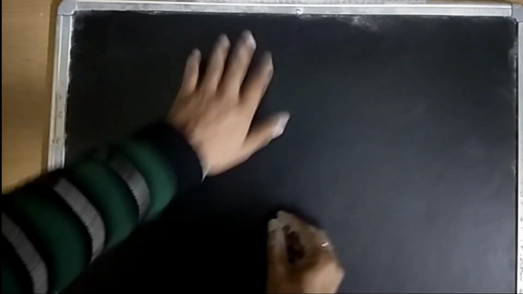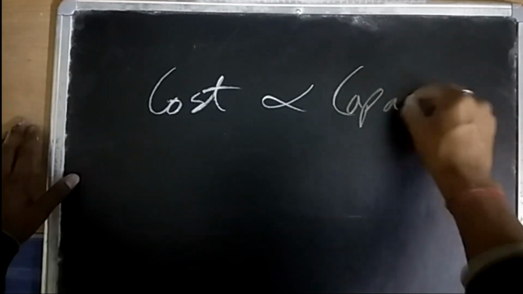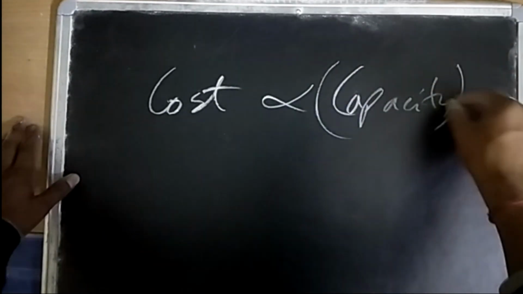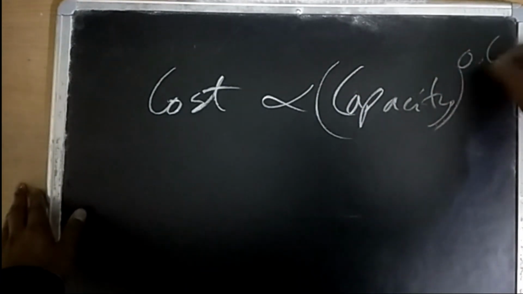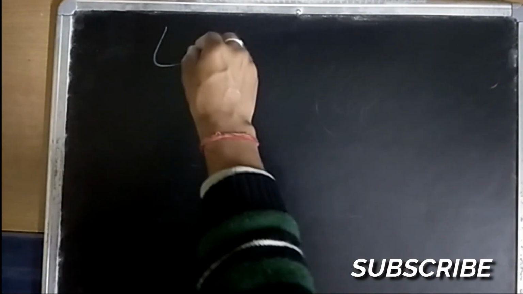Don't worry, I got 10 later on, but let's move on. So cost is proportional to the capacity to the power 0.6. This 0.6 means 6 upon 10. That is, cost is proportional to capacity to the power 6 upon 10. Okay, now let's move to the Lang